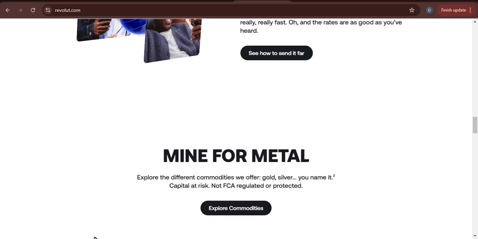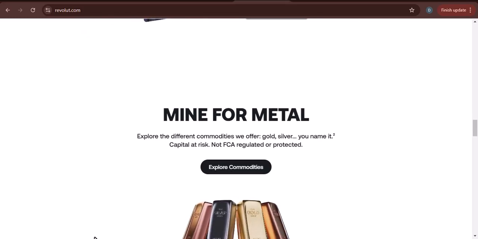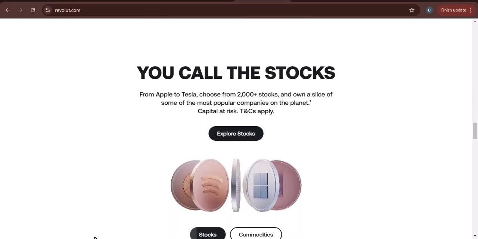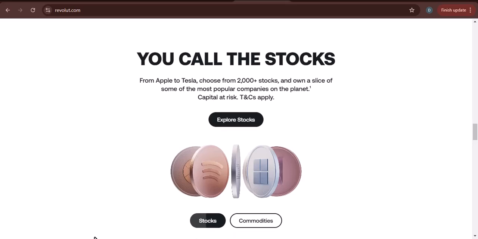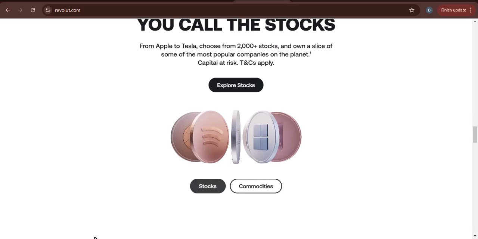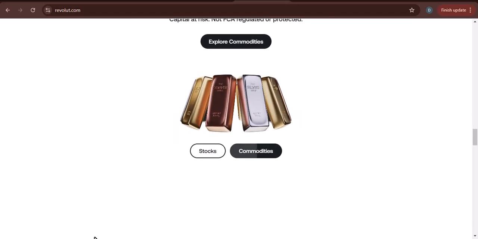What are the different types of Revolut accounts? Revolut offers 3 different types of accounts. Standard: the standard account is free to open and use. It comes with basic features, such as the ability to send and receive money, exchange currencies, and set up automatic savings goals. Premium: the premium account costs